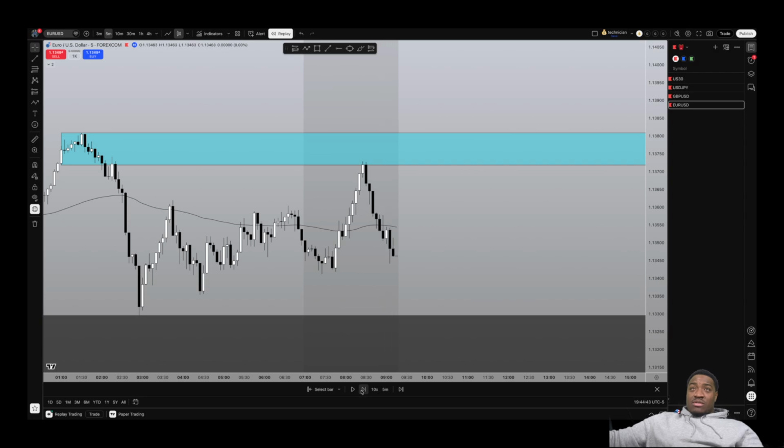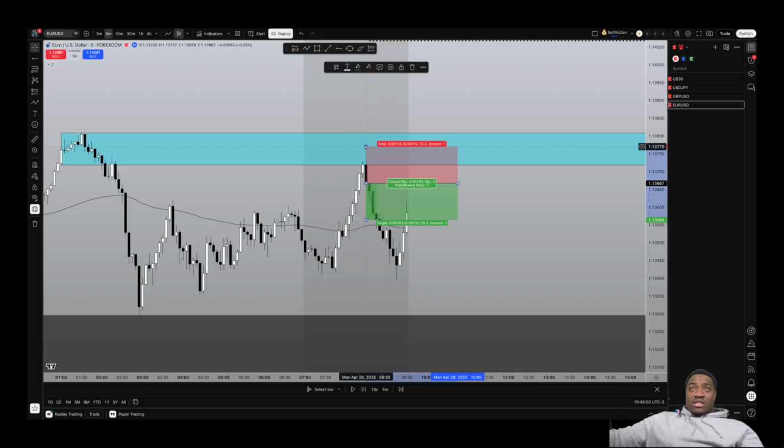See, look, that could have been my entry signal right there. But what I like to wait for is I like to wait for a shift of structure. We had got a shift right here. This came up, and then boom, at 8:30, we could have entered this trade right here. Stops right above here. Take profit right here. That would have been our 2 to 5 right there. But